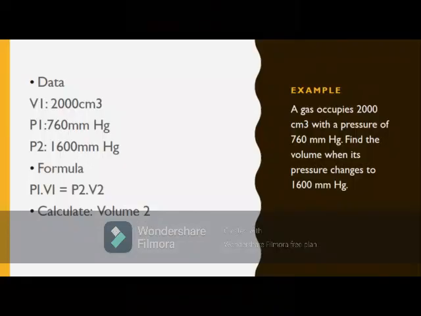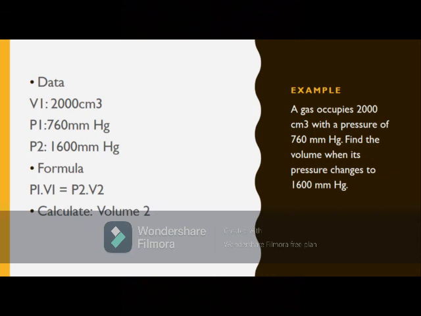Let's do an example. A gas occupies 2,000 cubic centimeters with a pressure of 760 millimeters of mercury. Find the volume when its pressure changes to 1,600 millimeters of mercury. The data will be V1, that is 2,000 cubic centimeters, P1, that is 760 millimeters of mercury, P2, that is 1,600 millimeters of mercury. Well, the formula that we are going to use is the combined formula, that is P1